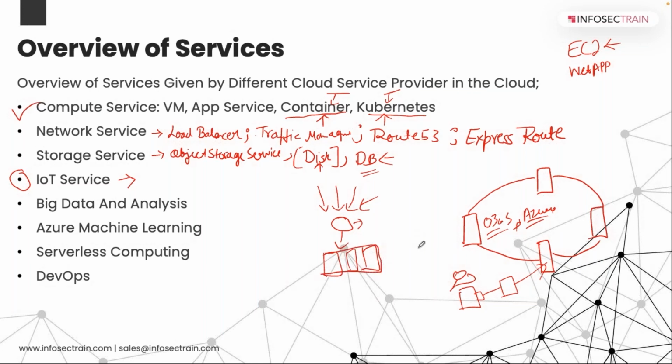So cloud also provides some IoT services, like the Azure Sphere and Azure IoT Hub, those kinds of services. Hub can receive the signal from all the places and forward it to your Sphere, if you have something like a Sphere service or anything. And you can have a central application as well, where you can see what kind of signal you are receiving, and you can do publish-subscribe kind of thing.